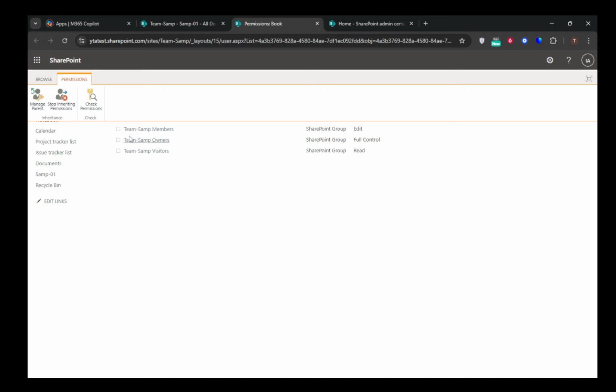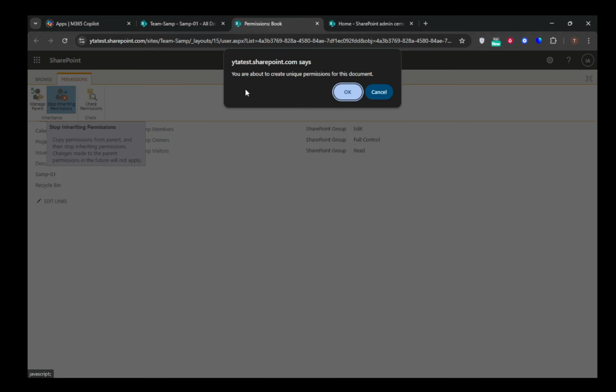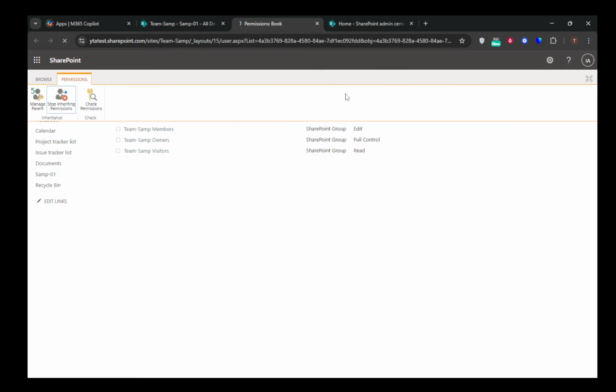Now that you're on the Classic Permissions page, you'll see an option that says Stop Inheriting Permissions. This is a pivotal step. By clicking on this, you effectively break the permission inheritance from the parent. What does this mean? Essentially, any permissions that the file or folder inherited from its parent library or site will be halted. It's like stopping a river's current so that you can control how water flows from a specific point